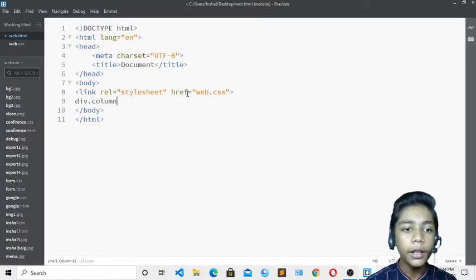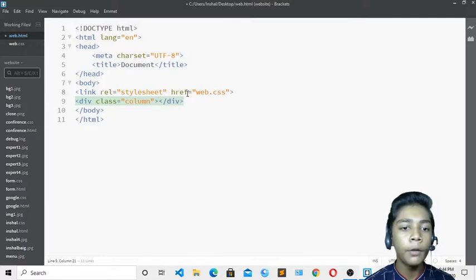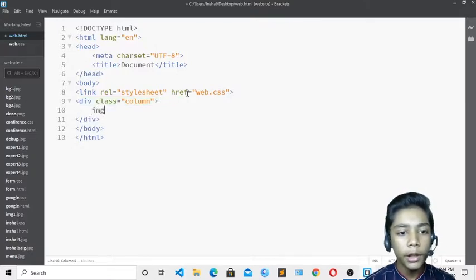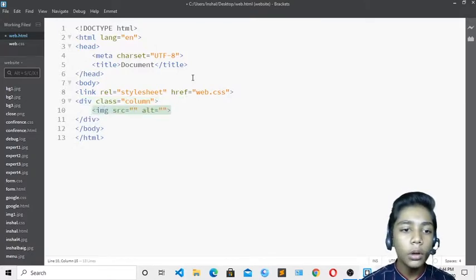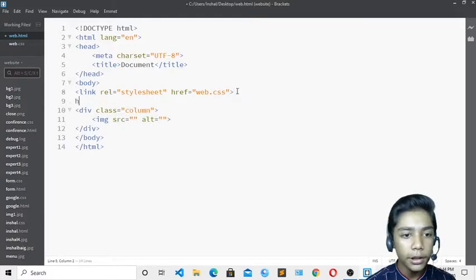Over here I will make the class like div.column. If you write div.column and press tab, your class will be created automatically with the help of the Emmet tag which we downloaded in our first class in the Brackets text editor. Over here I will define my image. I will not write any text, only New Arrivals, because I will take images over here.